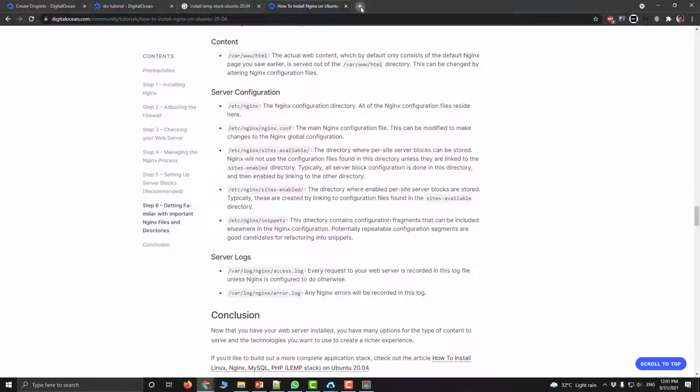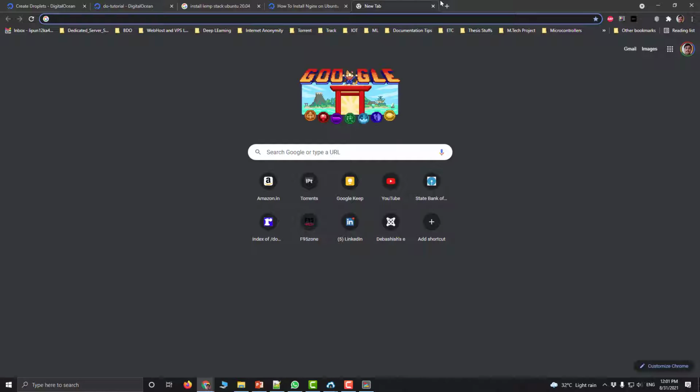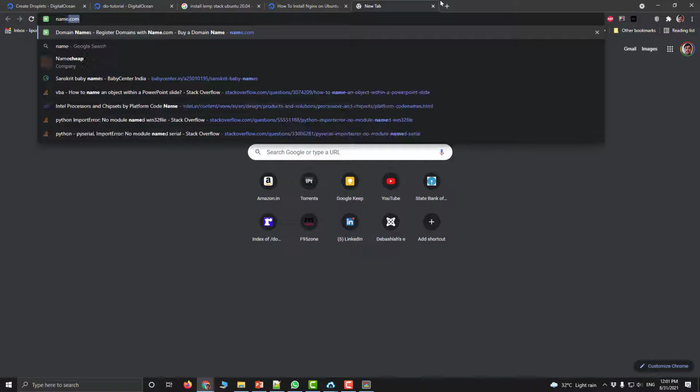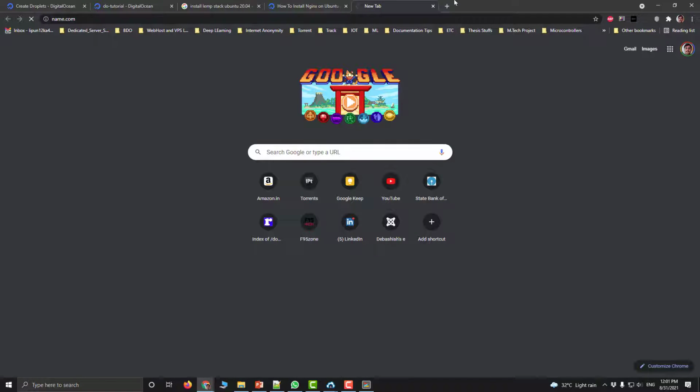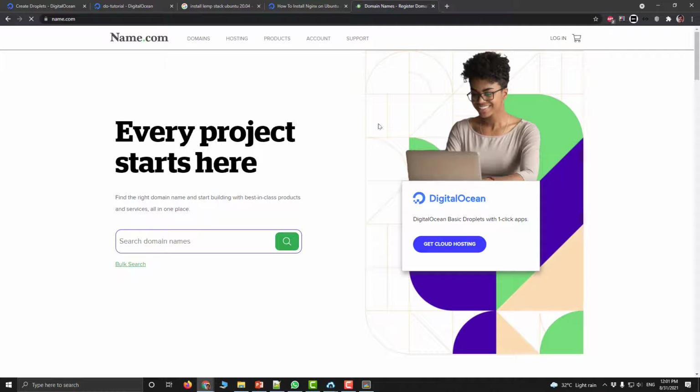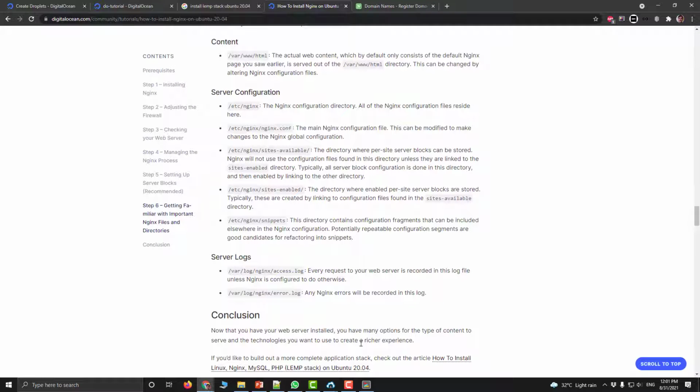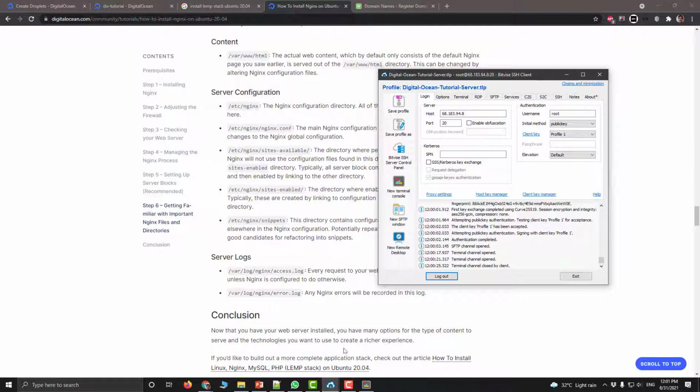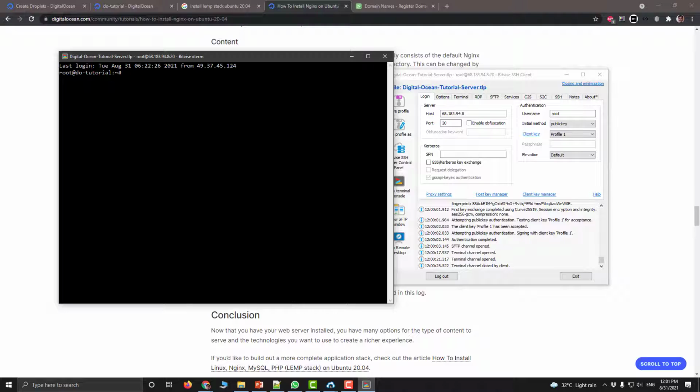And after that, if you want to have a domain name, my favorite one is name.com. You can go there and buy a domain name and point the domain name directly to your VPS, this particular server, this IP address. This is the IP address on top, you can see. Or you can also write ifconfig.